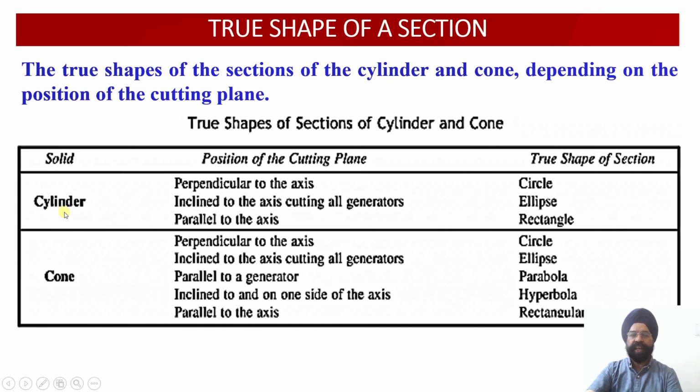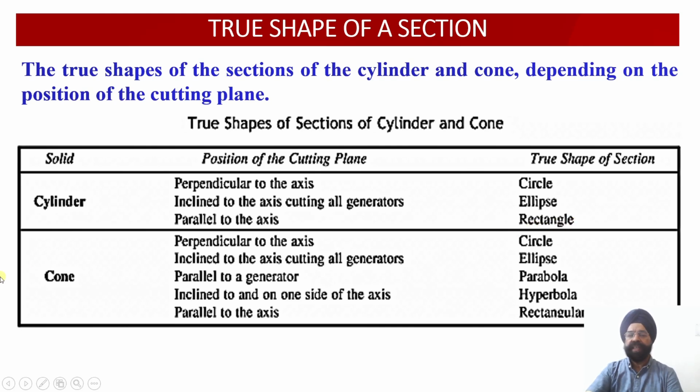If we have a cylinder available with us and we cut the cylinder perpendicular to the axis, obviously the true shape of the cut section will be a circle, right? Then if we cut a cylinder inclined to the axis, cutting through all the generators, then the true shape obtained will be an ellipse. Again, one problem we are going to discuss related to this case as well. Whenever a cylinder is cut by a cutting plane parallel to its axis, the resultant true shape will be a